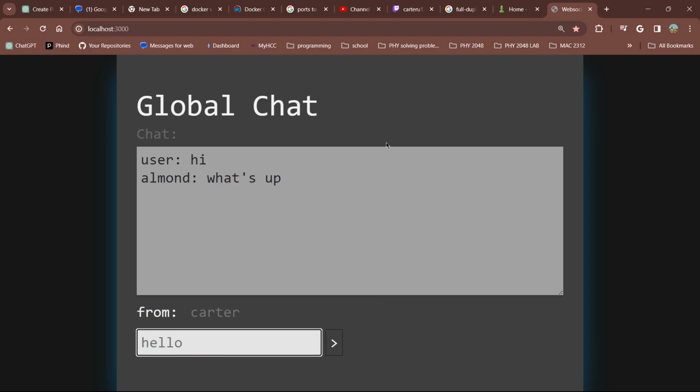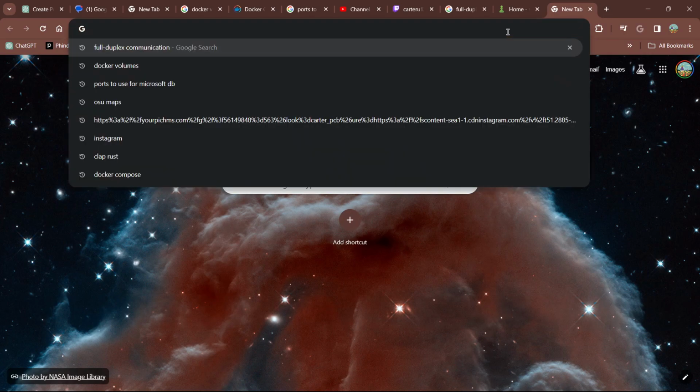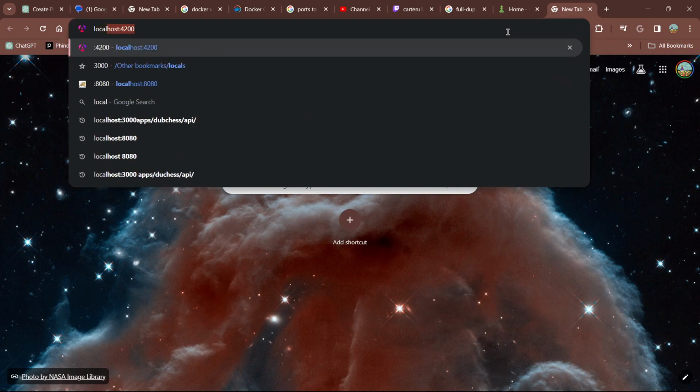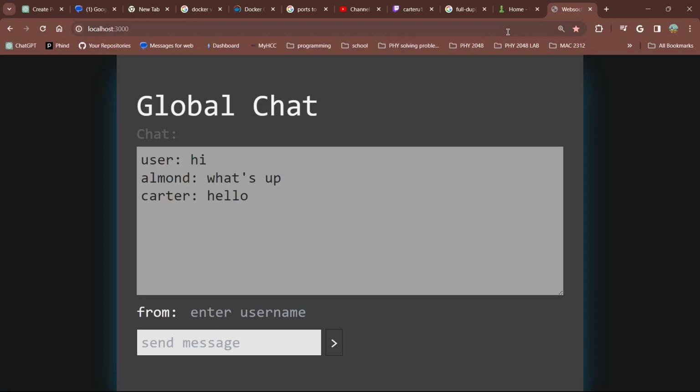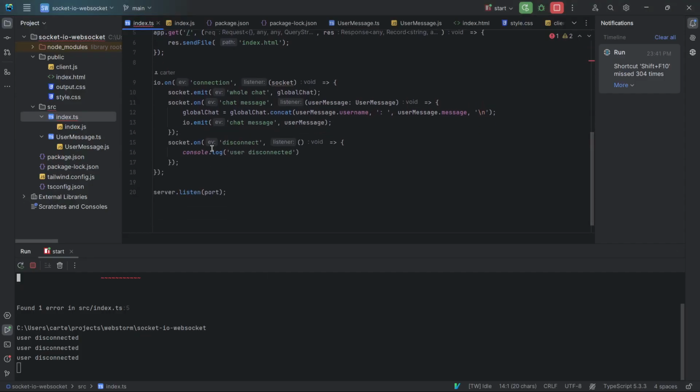I can send a message, and it saves, and then I can exit out of this, and I can come back, join again, and this could be anyone who connects to this domain. They can see this chat. And so WebSockets allow for some pretty neat things. I'm not really going to go into the specifics,